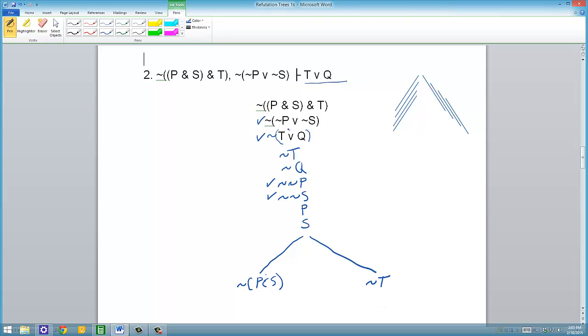Okay, now what's interesting here is everything up here has now been operated on that can be operated on. There are no rules for negated atomic formulas or atomic formulas. So this branch has nowhere else to go. And so if there's no contradiction along this line of the branch, then that is a counterexample. That's an interpretation where you have true premises and a false conclusion. There is no contradiction. So you would just go ahead and write open branch,